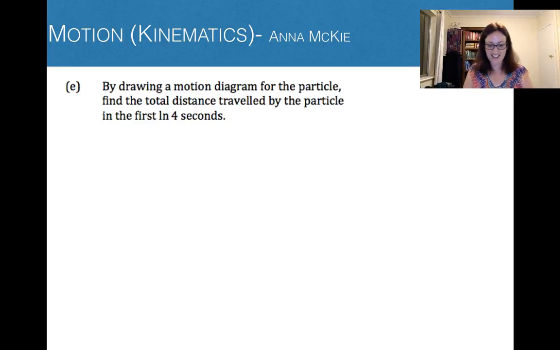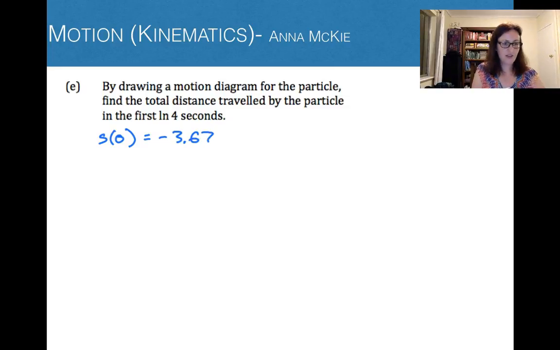Okay, last part, drawing a motion diagram for particles and finding the total distance travelled in the first ln 4 seconds. Okay, so a motion diagram, what we need for those is where the particle starts, where it changes, and where it ends, if that's relevant. So we can get that off our graph as well. So in your graphics calculator using trace, you're interested in s of 0, because that's where it starts, and that gives us, as we've already worked out before, this value. Where the velocity is equal to 0, so that's where it changes direction, and that's that value there,